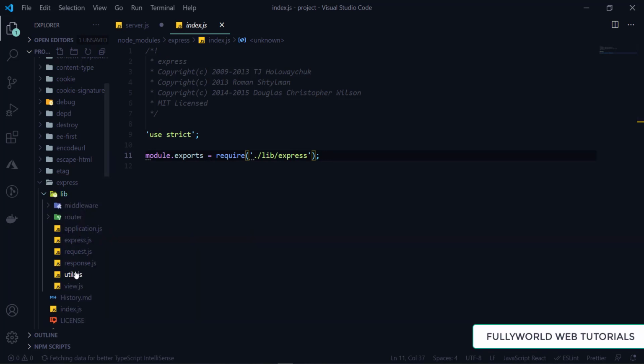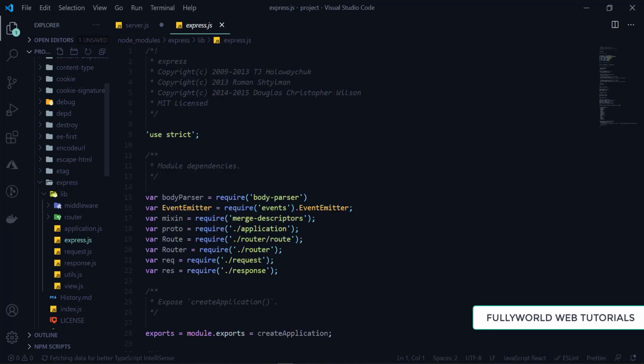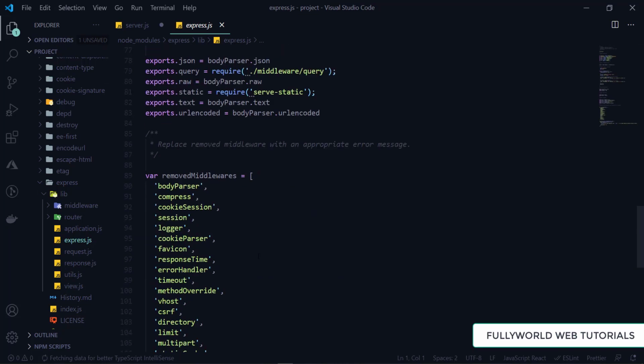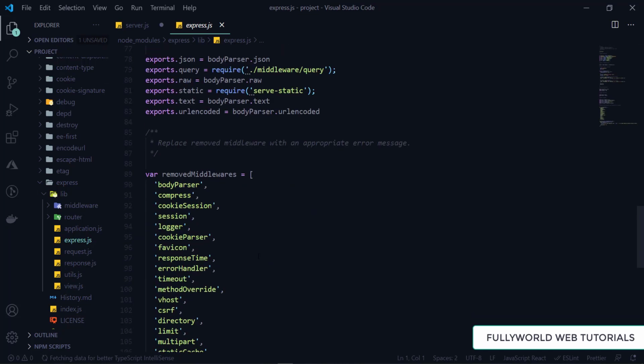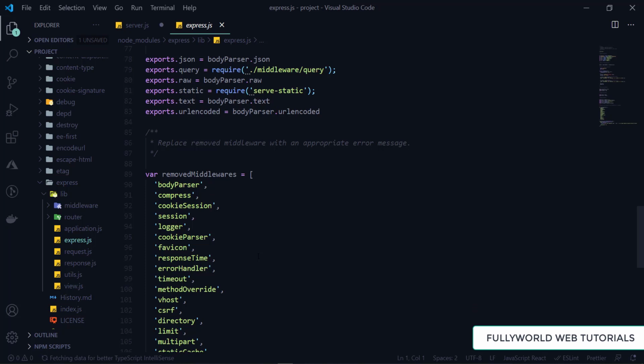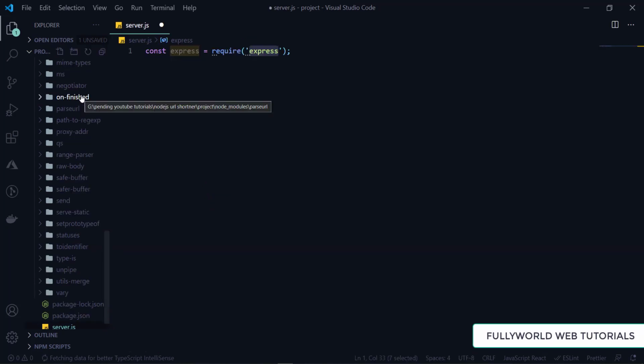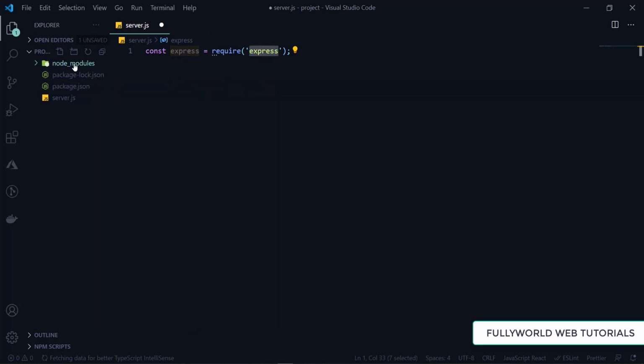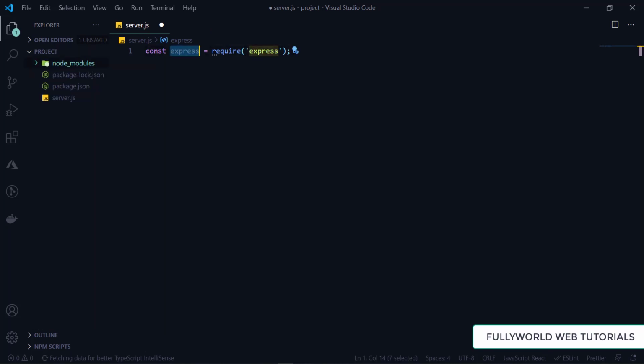Here is one express.js. It uses module.exports to export our file, like we do in React with export default, so that we can use this file anywhere. So now we are using this file in our express variable in our server.js.